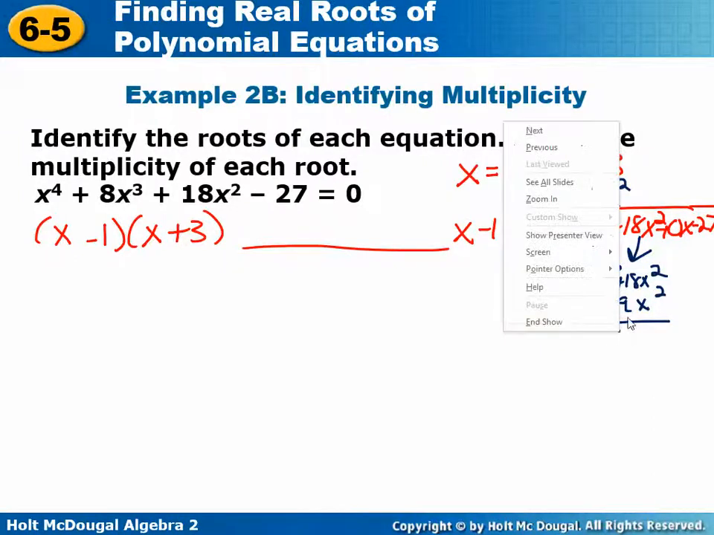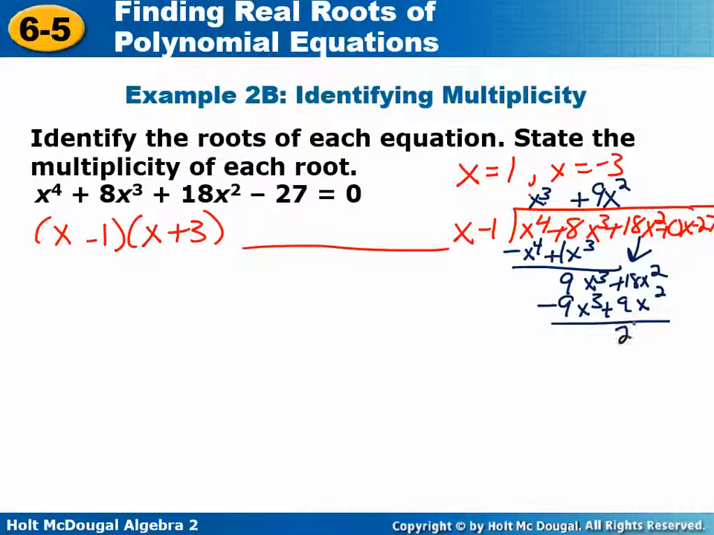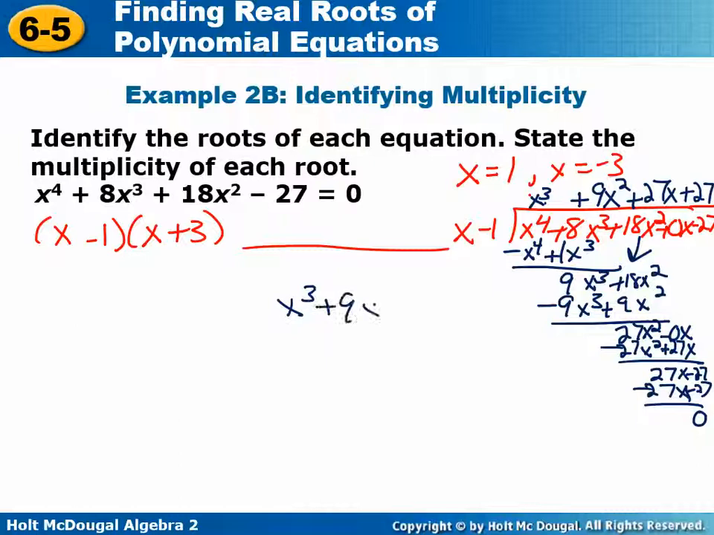So 18 minus a -9 is the same as plus, so 27x squared minus 0x, so x goes into 27x squared, 27x, and you just keep doing this process over and over, 27x times 1, so I get 27x minus 27. And again, you're not going to get any remainder here, meaning that it factors exactly. Okay, so then I take x to the 3rd plus 9x squared plus 27x plus 27,